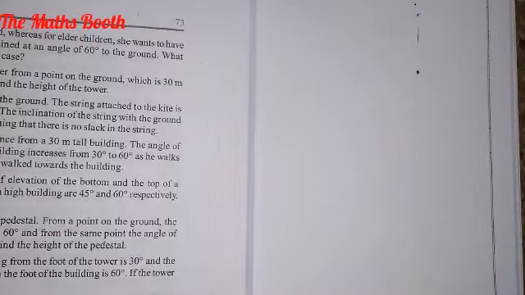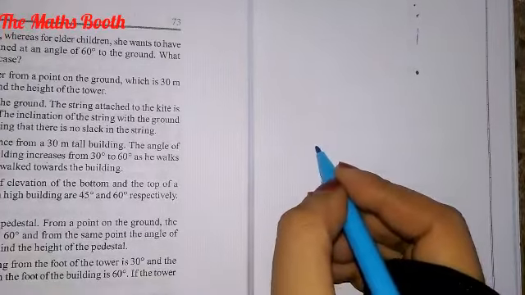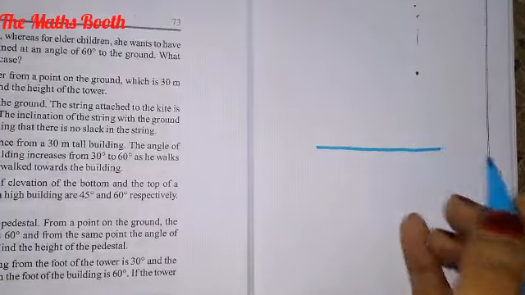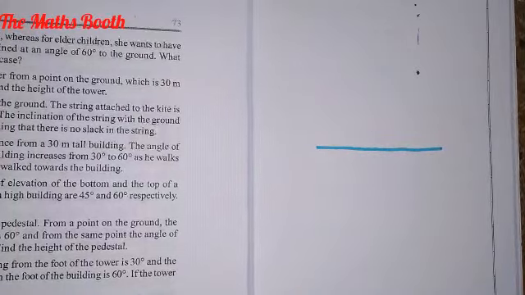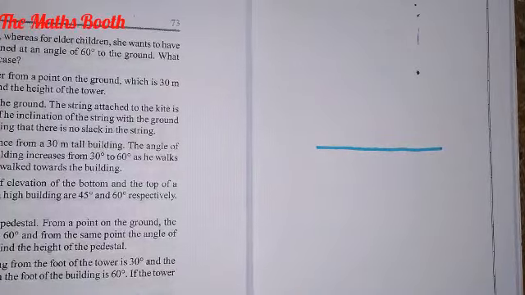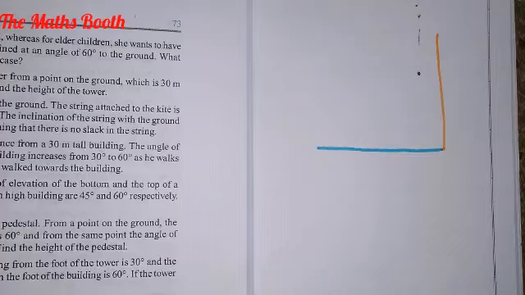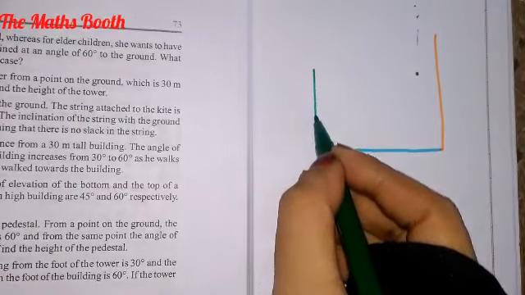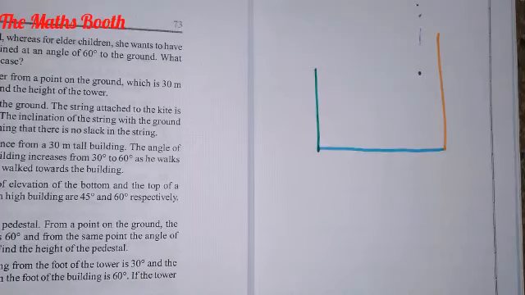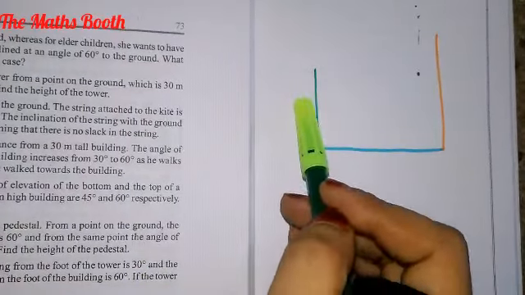Let me first draw the ground level so that I'll read out the question as well as draw the figure. This is the ground level. What they have told? First they have told the angle of elevation of the top of the building from the foot of the tower. So let me draw the first tower. For example, this is the tower. The tower will be high compared to the building. And this green one is a building. Let me draw the building. So I have drawn this side as tower and this side as building.